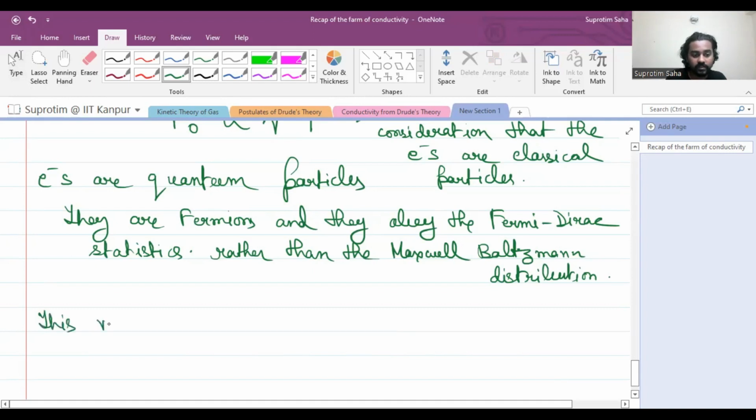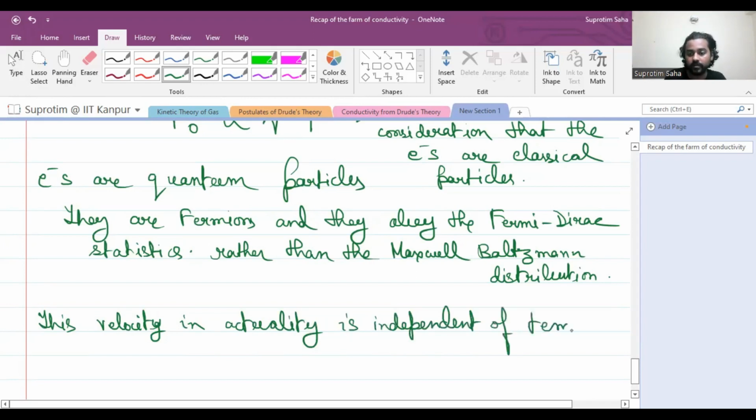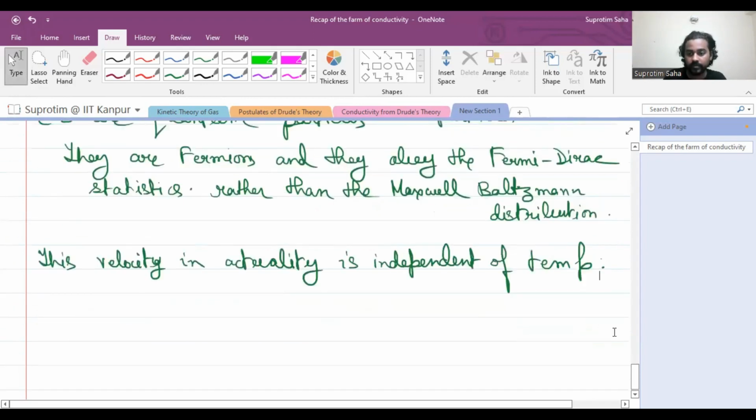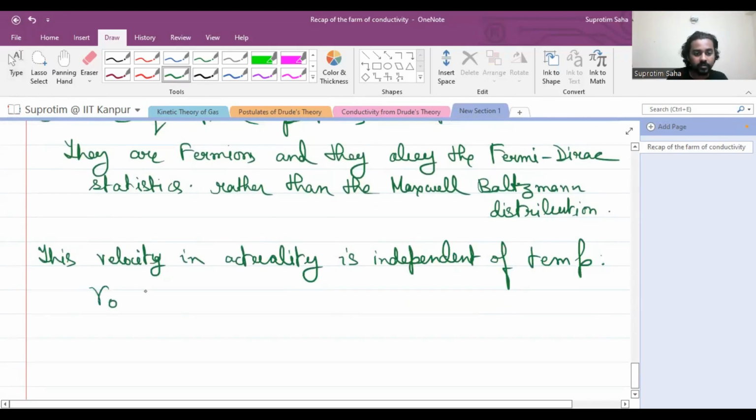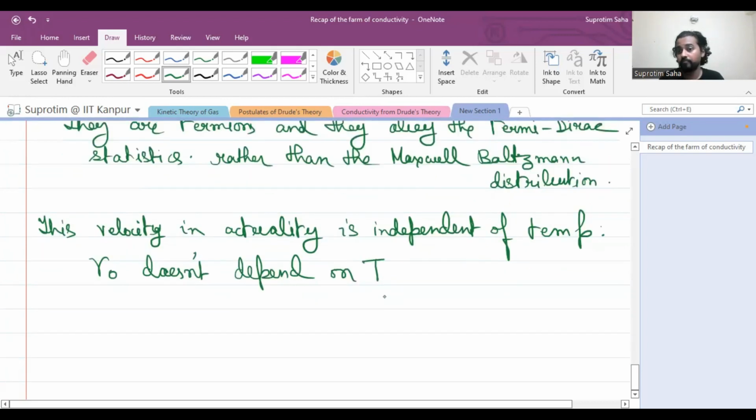this velocity in actuality is independent of temperature. All right. So V naught does not depend on T. Rather, with considerations that the electrons are quantum particles and they obey the Fermi-Dirac statistics, we find that V